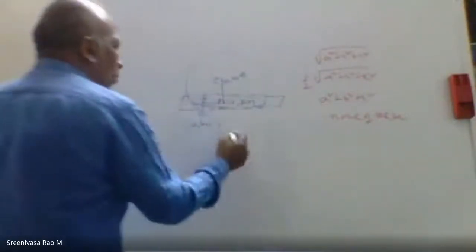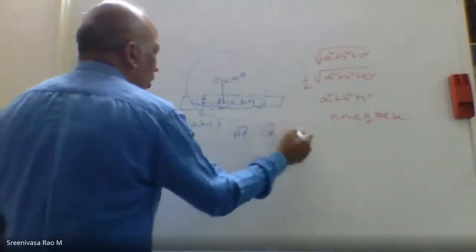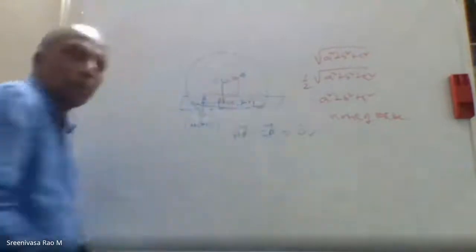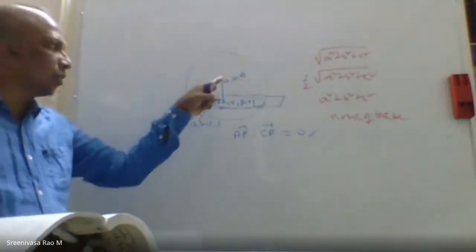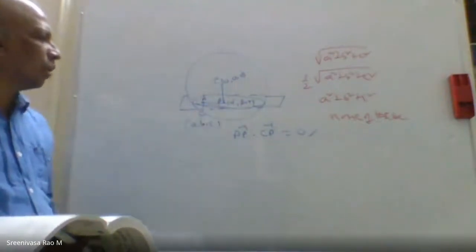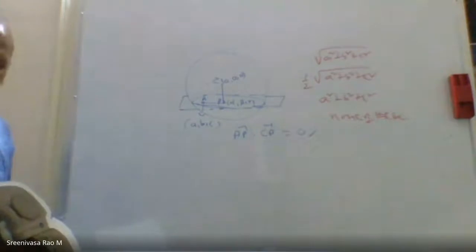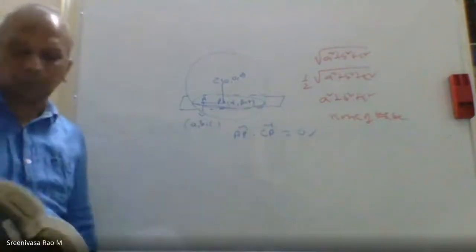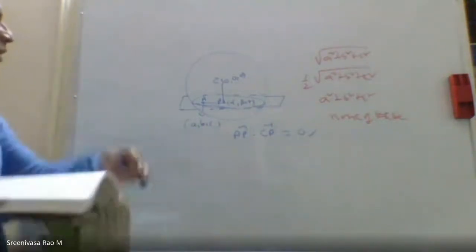So you can think AP bar dot CP bar equal to 0, right? Perpendicular, right? This was perpendicular. This is the perpendicular distance from the center to this one, alpha, beta, gamma. AP bar dot CP bar equal to 0. We can write, use the dot product. They're asking the locus of alpha, beta, gamma. You can find that. Apply dot product. What is AP bar?